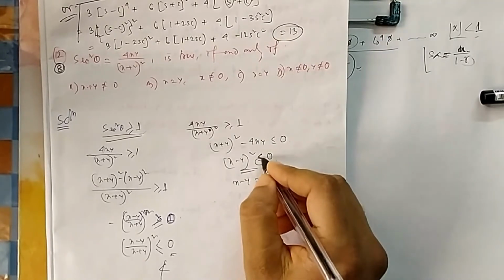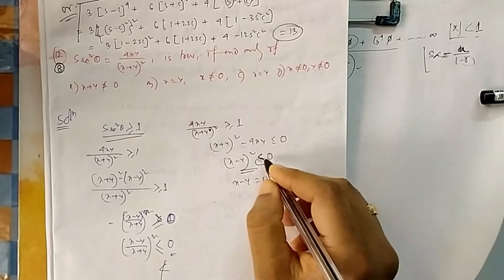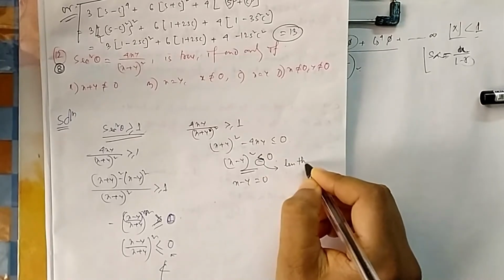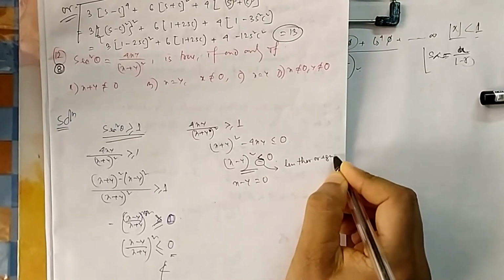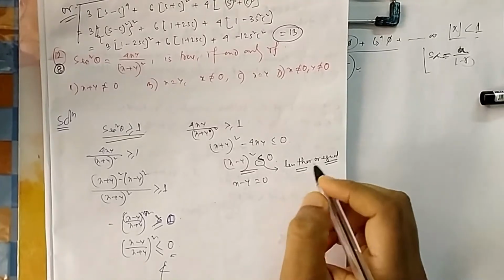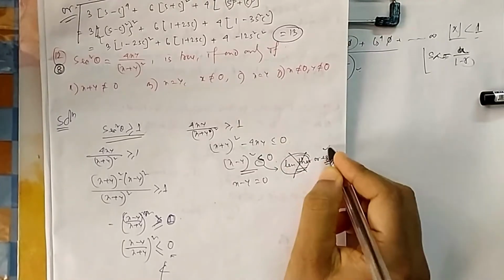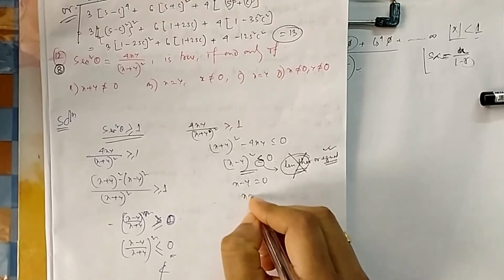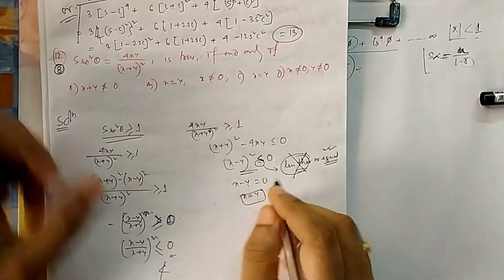Here they are saying either less than or equal to. What is the meaning of this? Anything can happen: either it can be equal to or it can be less than. But less than it cannot be, so it can only be equal. So that means x equal to y. That means you have x equal to y with this.